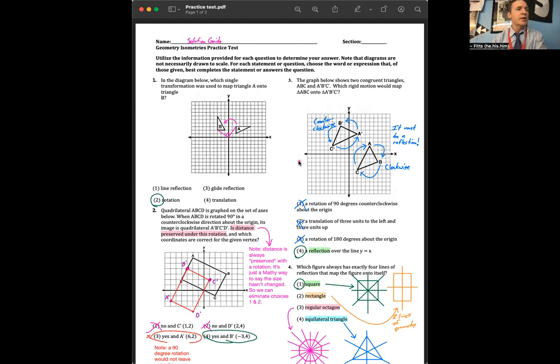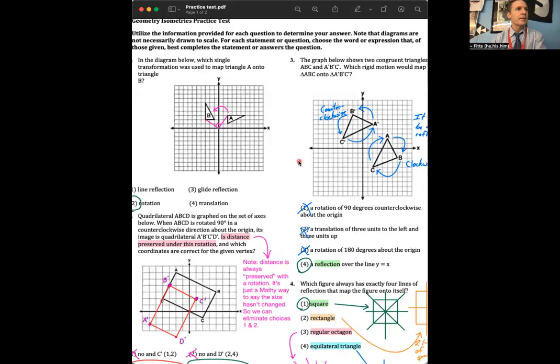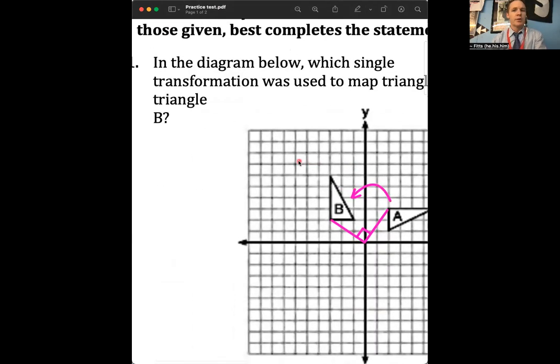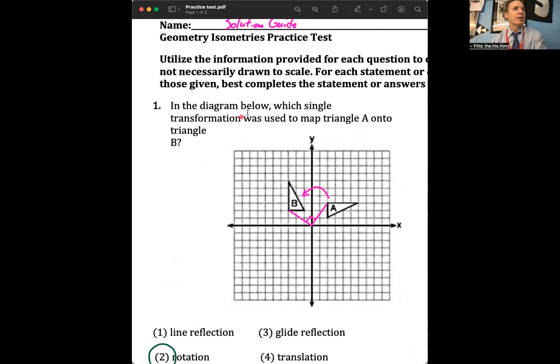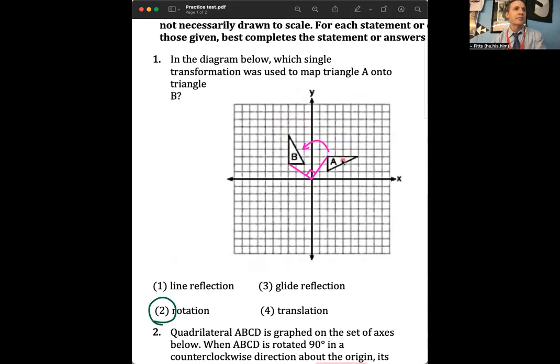this question here. Question one: in the diagram below, which single transformation was used to map triangle A onto triangle B? So this is the pre-image, this is the image. As you can see here, I sketched what looks like a 90-degree angle. And if you just connect, and it's about,